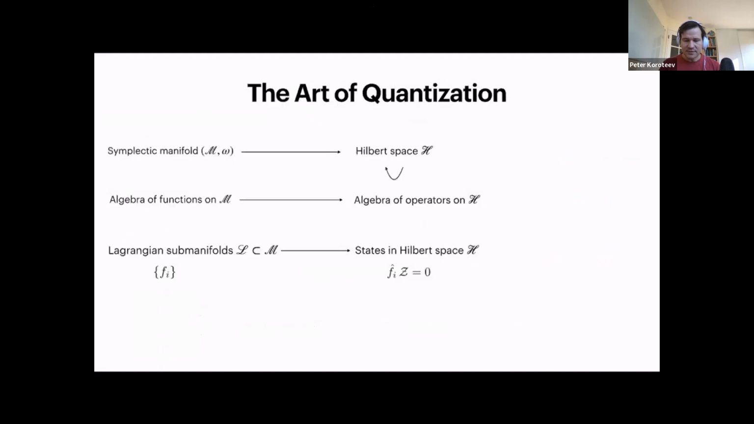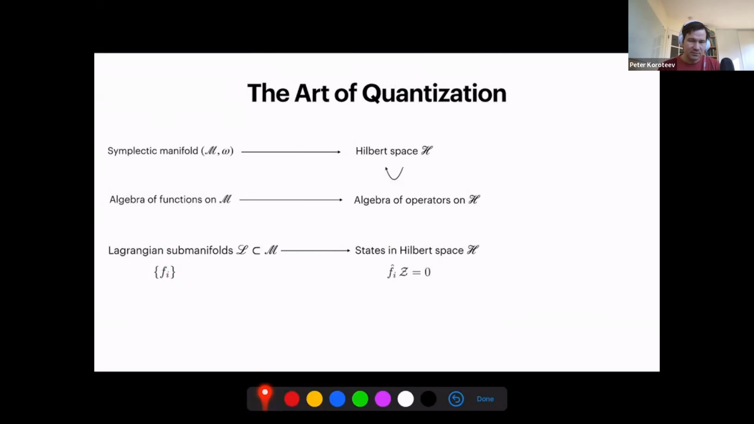But I wanted to illustrate a couple of facts here, which will be important in general for the whole quantization program. Geometrically, we say the following. We start off with the symplectic manifold M with symplectic form omega, and the whole manifold is promoted to the Hilbert space. Then the algebra of functions on M becomes an algebra of operators acting on the Hilbert space. And then there's a finer detail, which will be important for my talk: the Lagrangian submanifolds become states in that Hilbert space. So for instance, if the Lagrangian is described by a system of polynomial equations, like it was the case with the oscillator, you can think of some complete intersection or something like that, that becomes